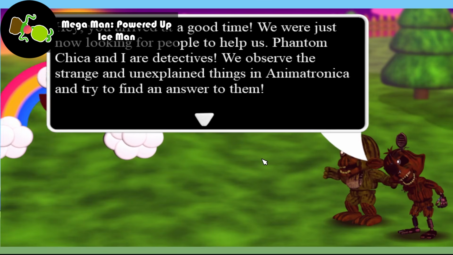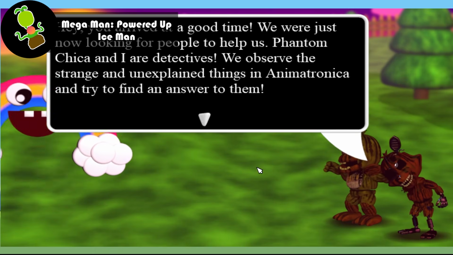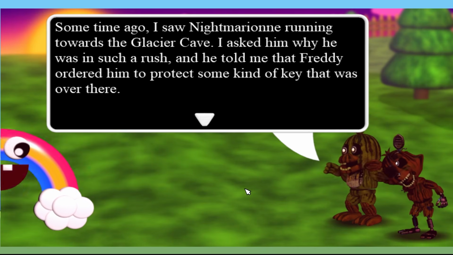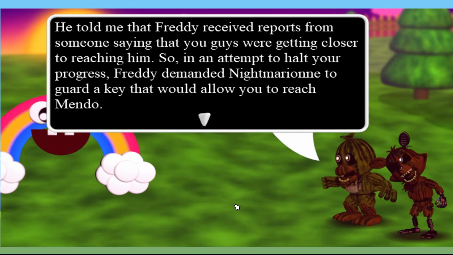After getting our second power orb from Funtime Foxy, I stumble upon Phantom Chica and Foxy. They're trying to be detectives and solve some mysteries in Animatronica. The current mystery they're on is who is Freddy's secret informant. Phantom Chica had been clued into this because she had seen Nightmarion rushing into the ice caves. She'd asked him what he was doing, and he said he was told by Freddy to guard the key